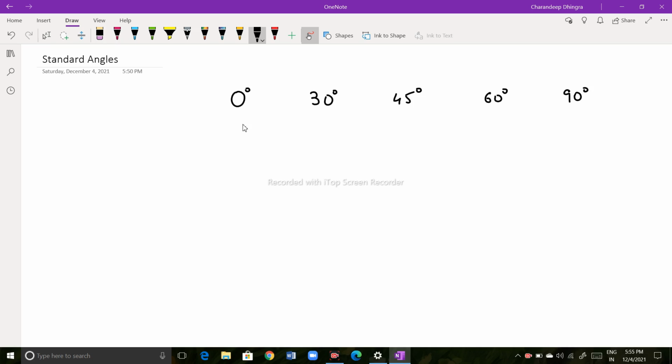Now apart from these angles, for the other angles we usually use log tables, which in some later lectures we'll check. So right now let's see how we can get the values of standard angles, and the school and colleges do expect us to remember these values. So the shortcut for this is you just write 0, 1, 2, 3 and 4, and then you divide the entire thing by 4. So you divide everything by 4, and in the last step you take the square root.